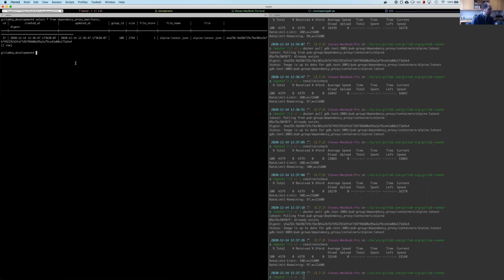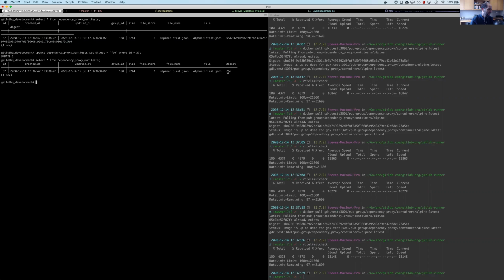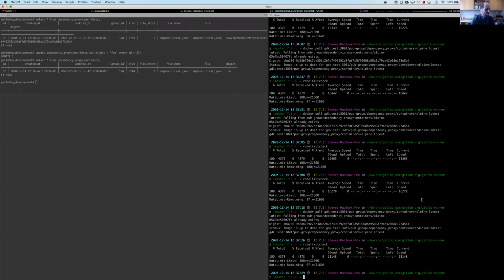I've saved the hash that's returned, or the digest that's returned from the head request. And so if I were to change that hash, we're saying that the one I have is actually just a digest that equates to foo. When I pull again,